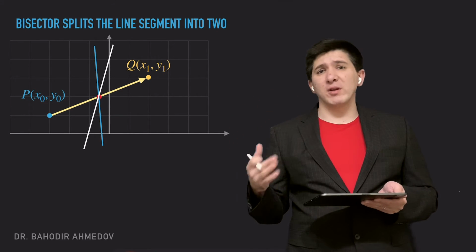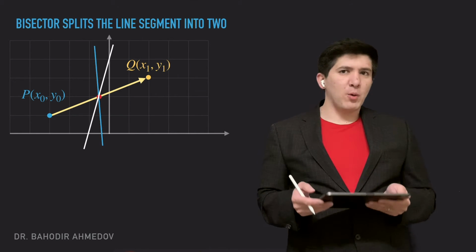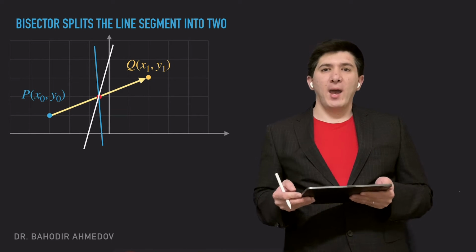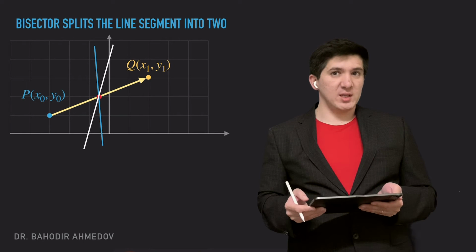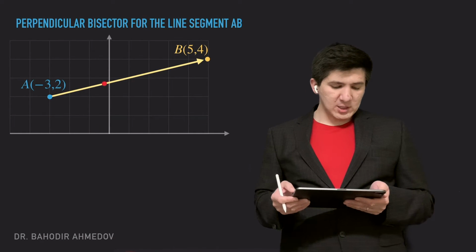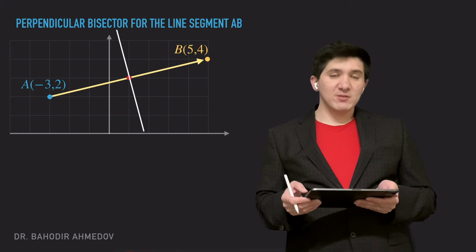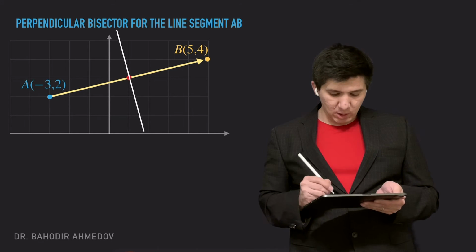You can create infinitely many bisectors. So sometimes we need the bisector which is perpendicular to this line segment. And let's solve a problem where we need to create an equation of such a line. So let's say we are given 2 points with the coordinates (-3, 2) and (5, 4). What I have to do is find the equation of this bisector, which is perpendicular to my